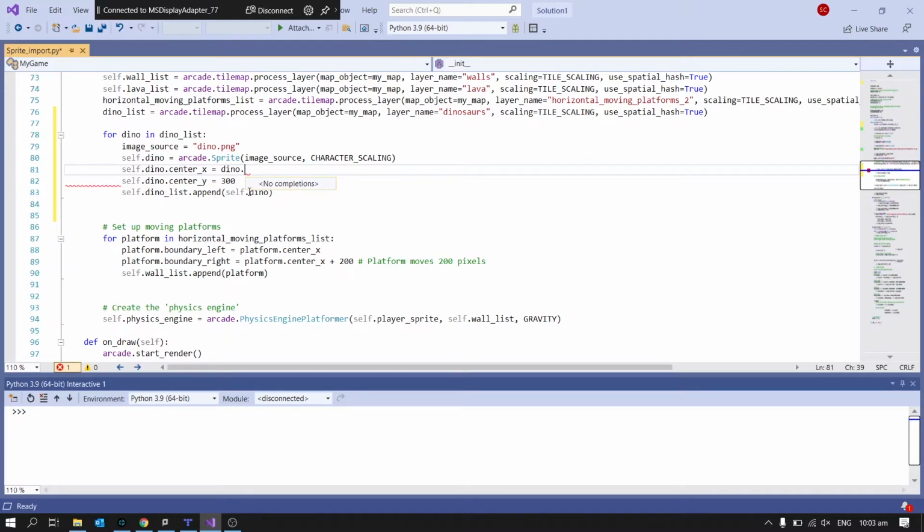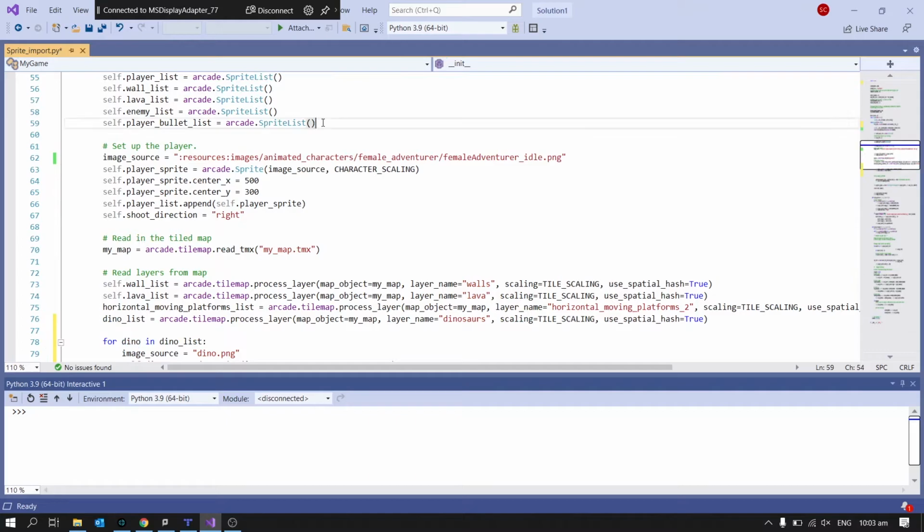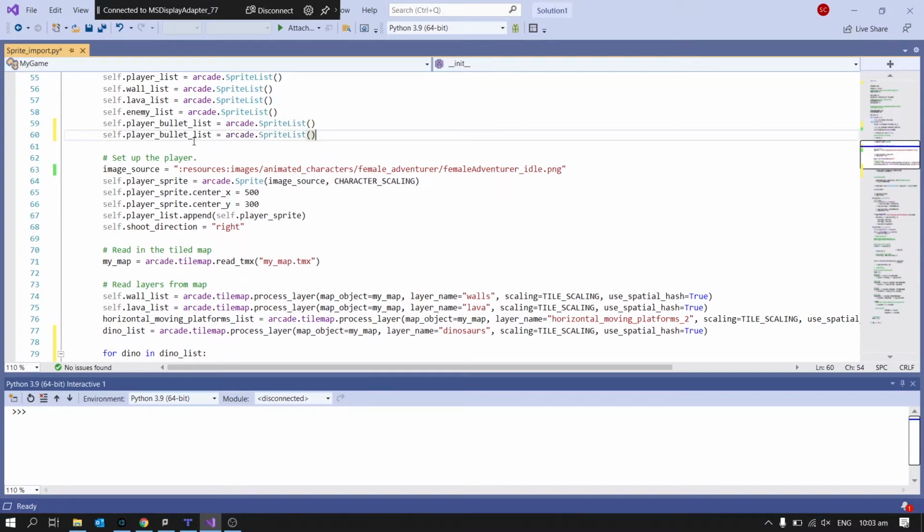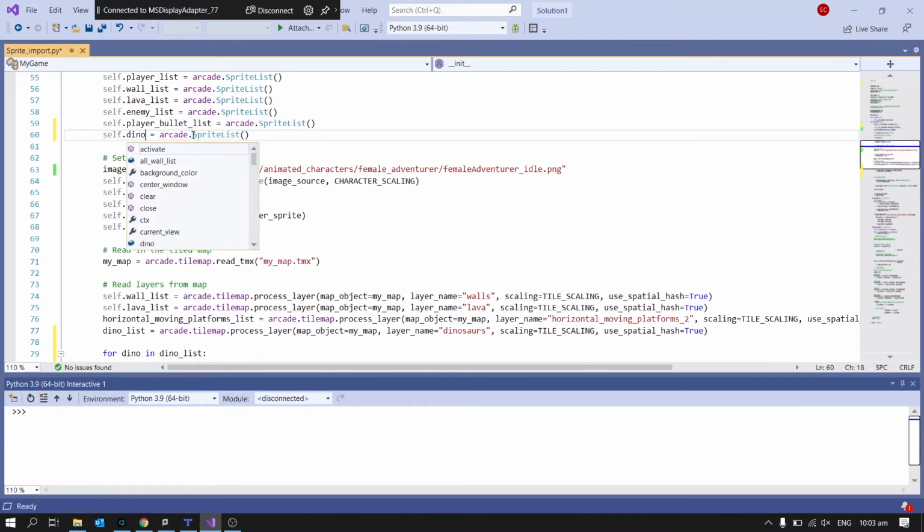The whole point of this is I'm going to grab from the imported sprite its position. So dino.center_x and dino.center_y. So that's going to be those positions from this one, and then that's being appended into here. Do we think that will work? Let's just make ourselves a dino list. So Control C, Control V, self.dino_list,